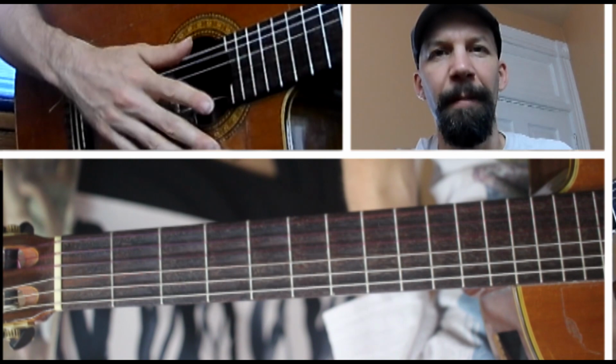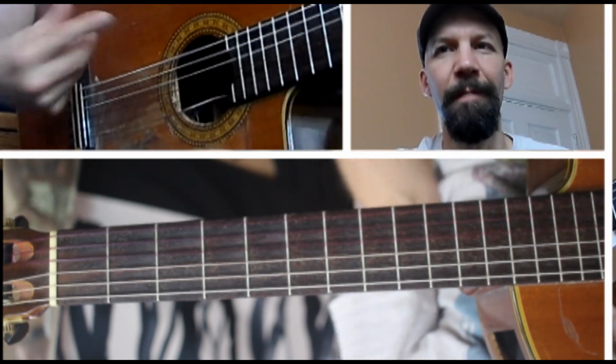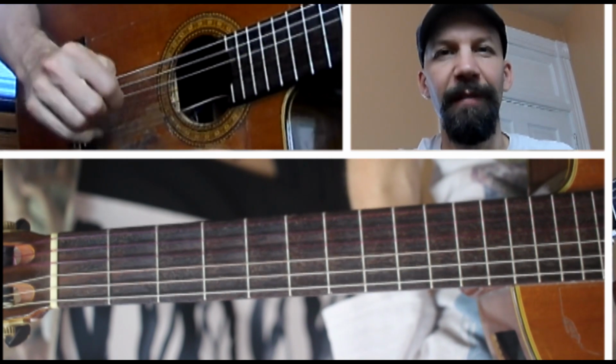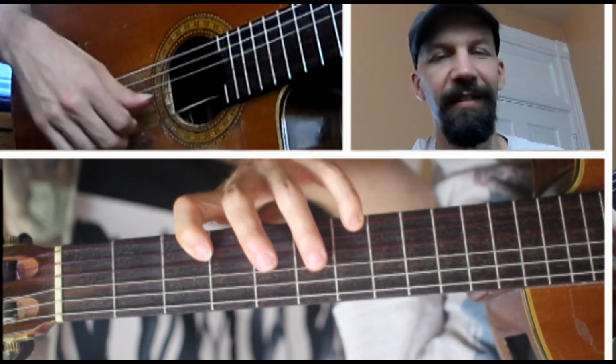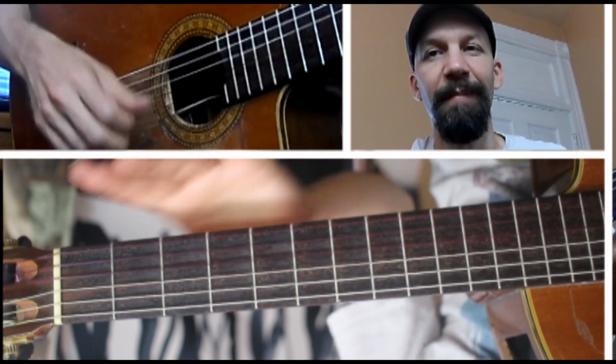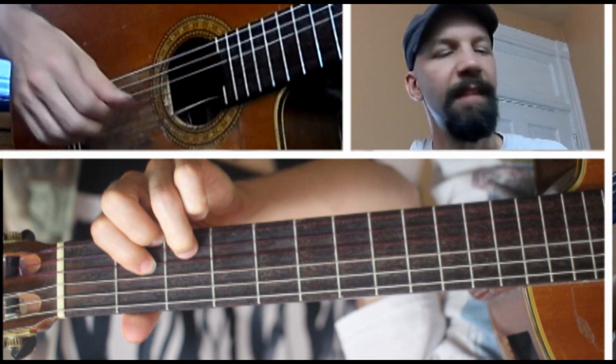I tried not to sit on the same bass note for any two quarter notes in a row, just to keep it moving, which provides a bit of a challenge just in fingering and just keeping it going, making sure that things are cut off at the right point. So the beginning, just doing a D here,